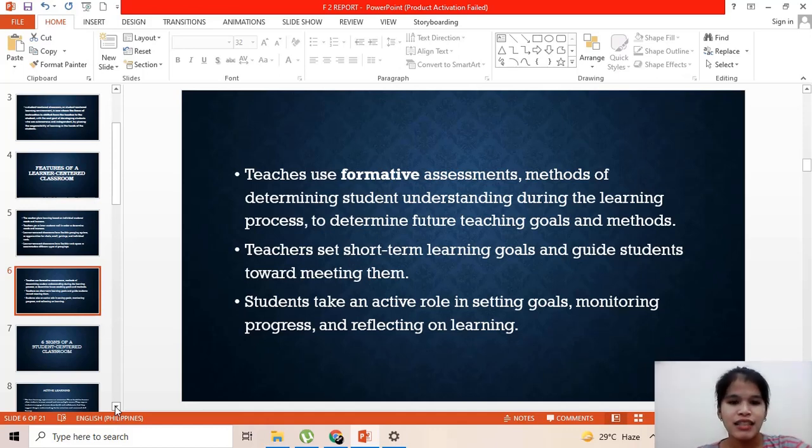And the next is that teachers set short-term learning goals and guide students toward meeting them. Students take an active role in setting goals, monitoring progress, and reflecting on learning. So in a student-centered classroom, the students can evaluate their performances, like what we have in our RS8, where the teacher just sends us to